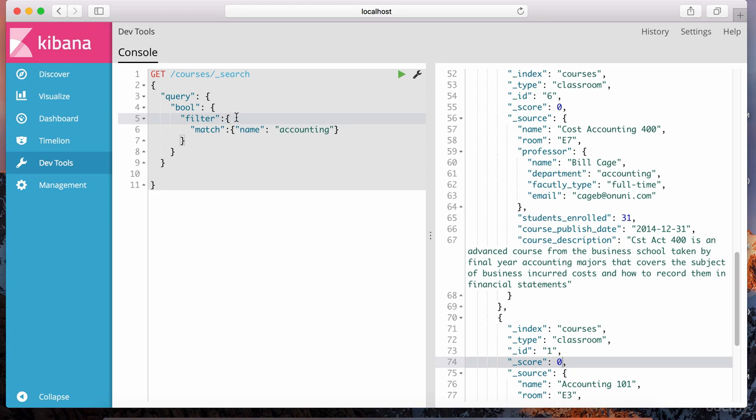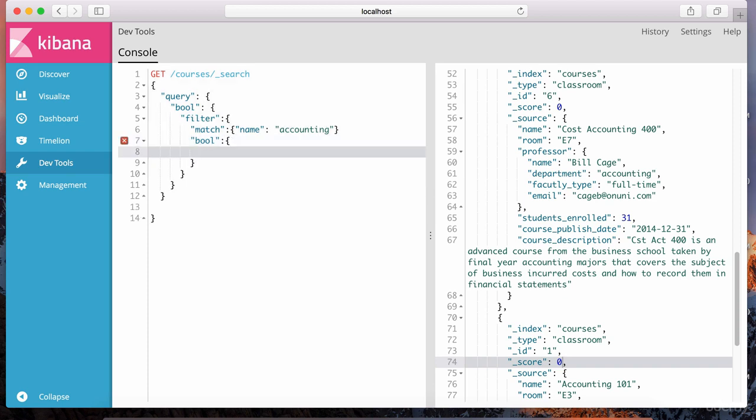Okay? And you can pretty much do everything in the filter that you can do in a query. So for example, inside of this filter, I can have a must and should and so on. It's going to behave slightly differently, but it's the same kind of syntax, and it'll require you to do some experimentation to figure it out. So if we have a bool inside of here, right, I can have a bool. So inside of here, we have a bool query, and make sure you put a comma,